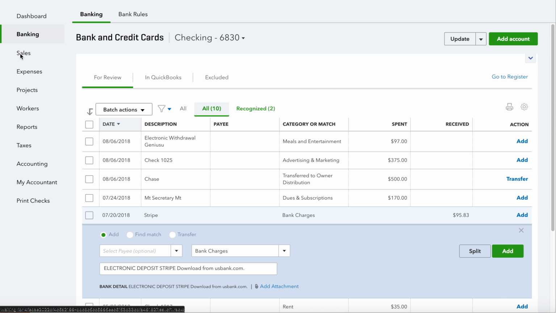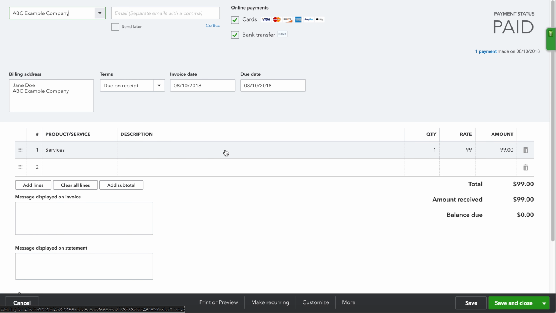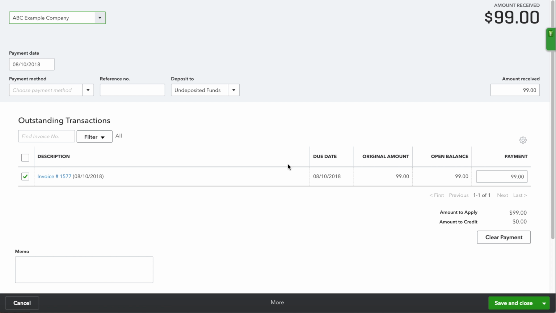Let's go into the sales piece of it first. Go to your company, and I want you to create an invoice for the amount that is the actual full amount billed to your client. And then you can save and close it. And then I want you to receive payment. There are multiple ways you can go and receive payment. You go ahead and create that payment for that invoice, tagging the invoice for the actual amount that invoice was for. This is piece number one to this.